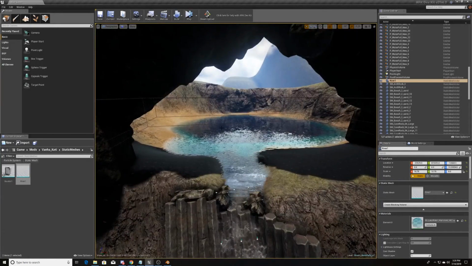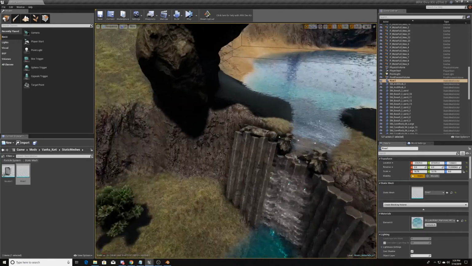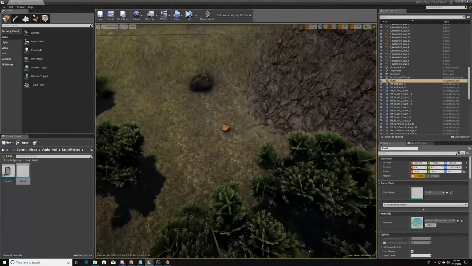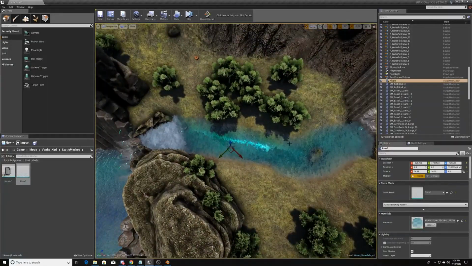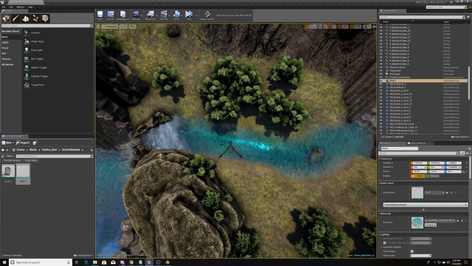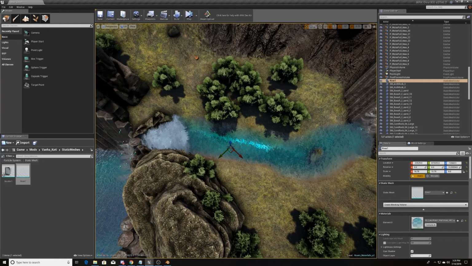I hope this has helped. If you have any questions on creating static meshes, from a boulder over here to creating a river static mesh that you can use as a way to have your own river that's unique and not a copy from a different map,